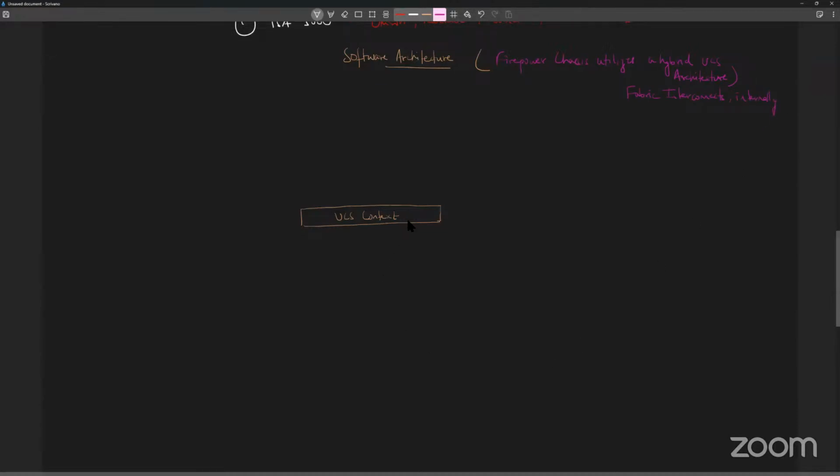Okay, so the bottommost layer we have is the UCS context, which is the default context. Whenever you try to SSH or console into the Firepower chassis, you are put into the UCS context. From this context, you can then connect to the various components within the firewall. On top of this runs